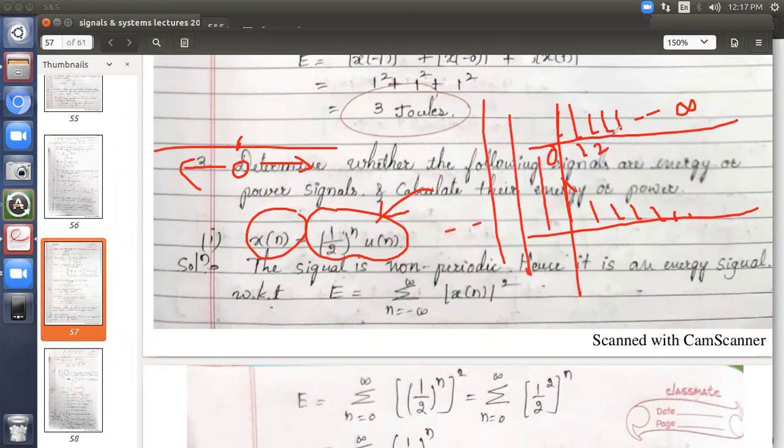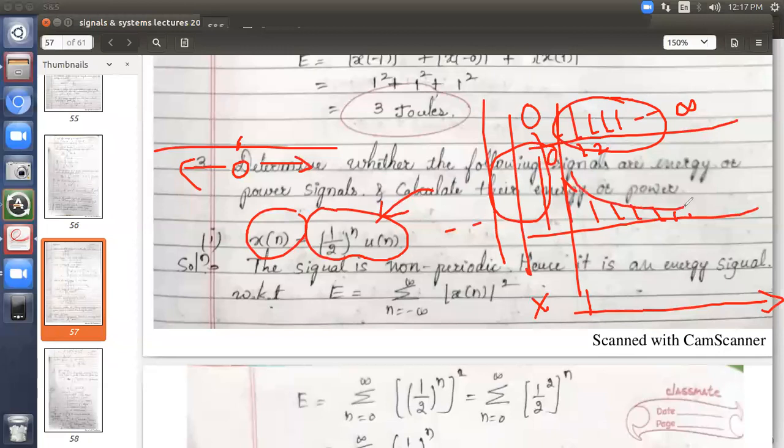Now, if you multiply these two signals, on the left u of n is 0, and 0 multiplied by this part, we don't get anything here. Only on the right hand side, if you multiply all the 1, 1, 1, 1 ones into this signal, it looks like this. The signal is exponentially decreasing. Don't draw this line marked in yellow; I'm just giving you a curve to show the shape, because it is a discrete time signal. It is an exponentially decreasing signal.